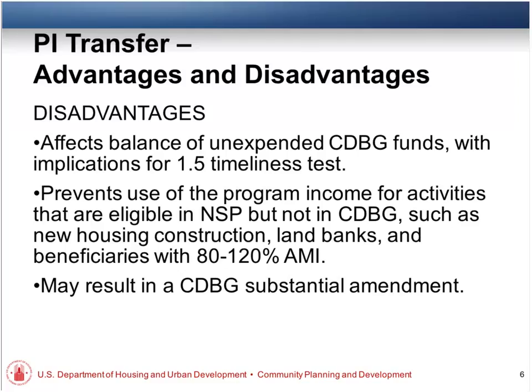And then this says it may result in a substantial amendment to your CDBG program. I would guess that it probably will result in a CDBG substantial amendment. It's hard to imagine a small enough amount of funds, or an amount of funds that fit exactly into the activities that you're doing, that wouldn't trigger that. But that's not the end of the world, it's just something to think about. All right, the next slide, please.